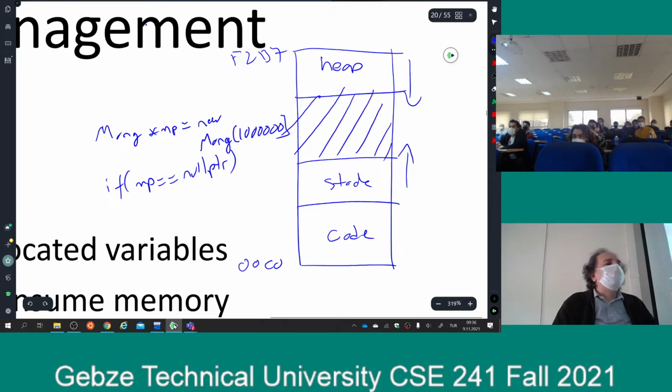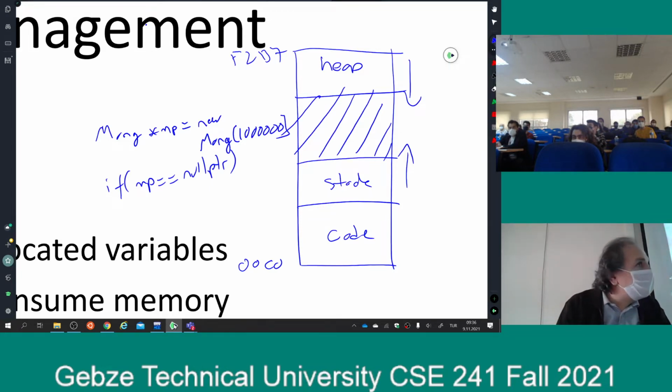What is the type of the null pointer? Is it a void pointer? No. Well, it's kind of a void pointer, but you may think of the null pointer as